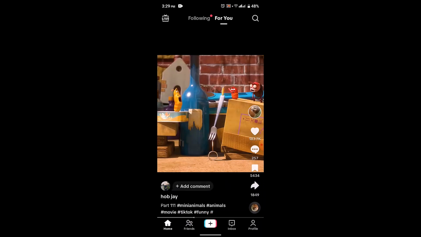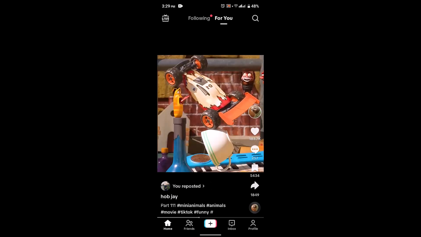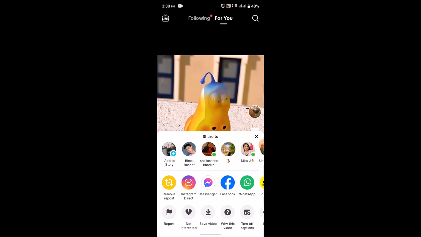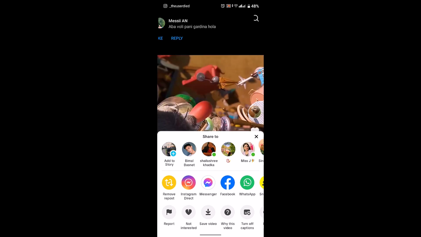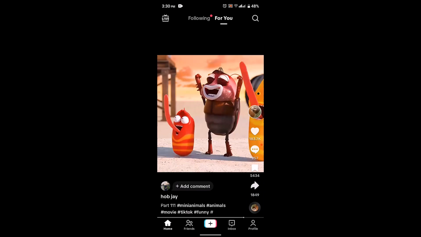If you're unable to see this icon, then in order to fix it, the first reason might be that the owner might have not enabled these features. If you're unable to see this feature right over here, it indicates that the user might have not enabled the repost option. In that case you will not be able to do anything. The only alternative would be to download this particular video,